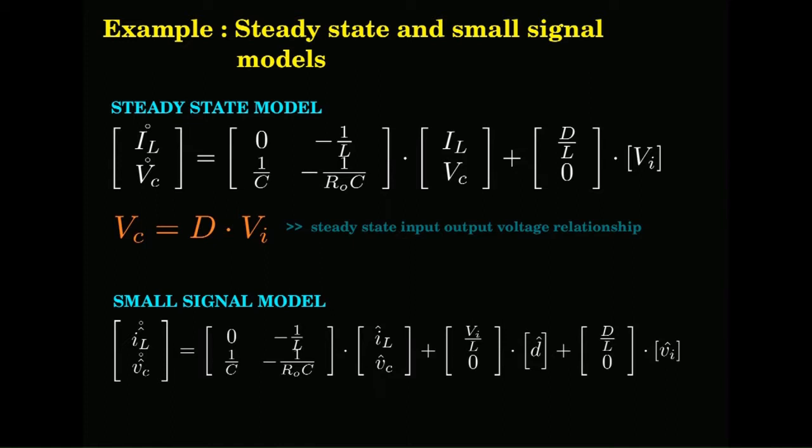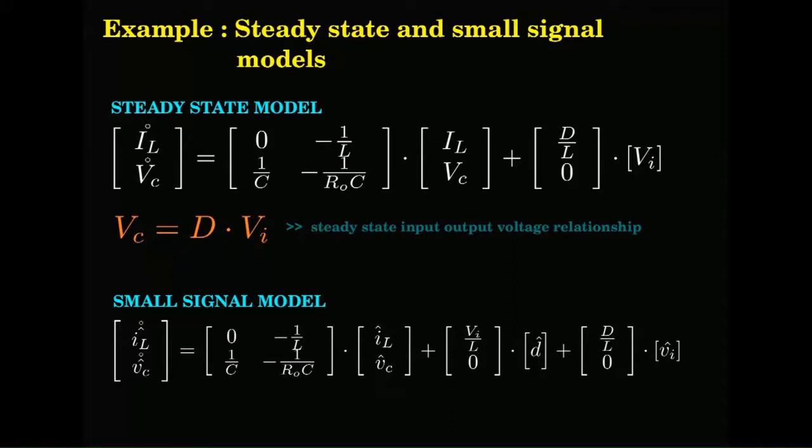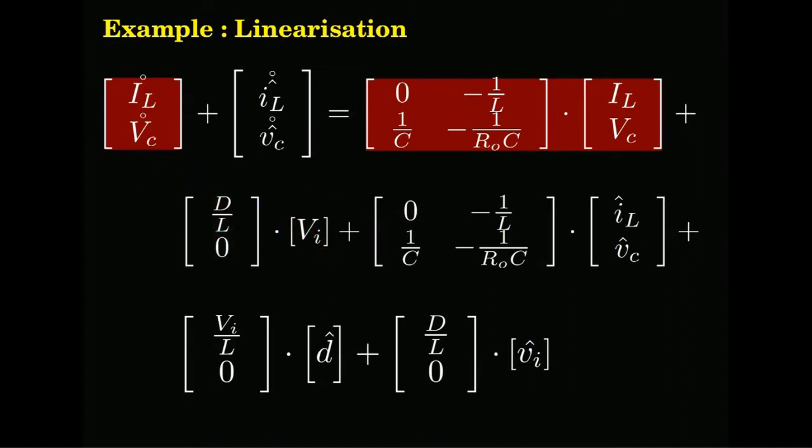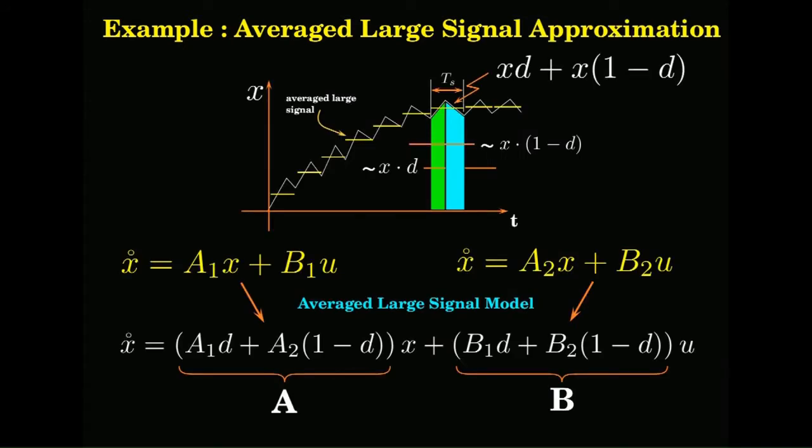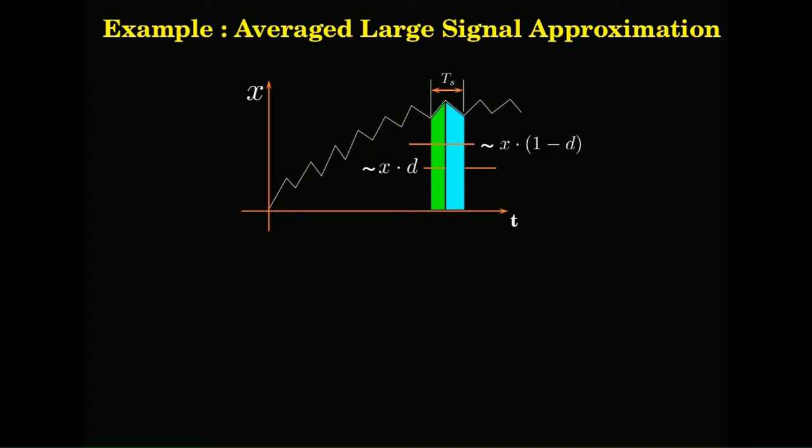You do the large signal model, then the averaged large signal model, then follow it up with linearization, then extract the steady state, extract the small signal. So, this is the small signal model that you will get. Where the confusion probably would have come about is here. This, right? How did this wave shape come about?